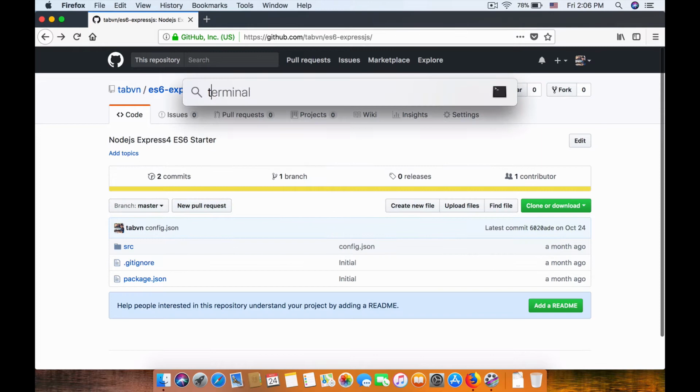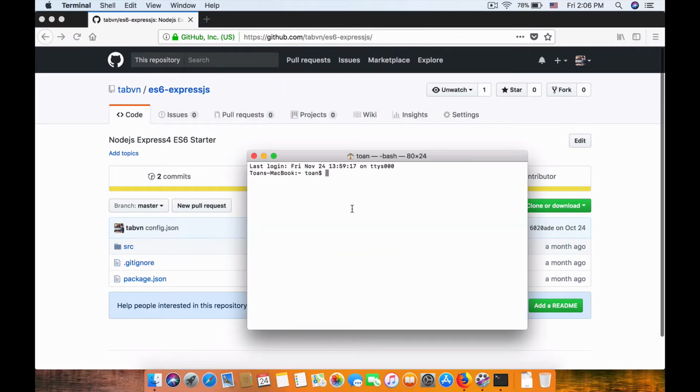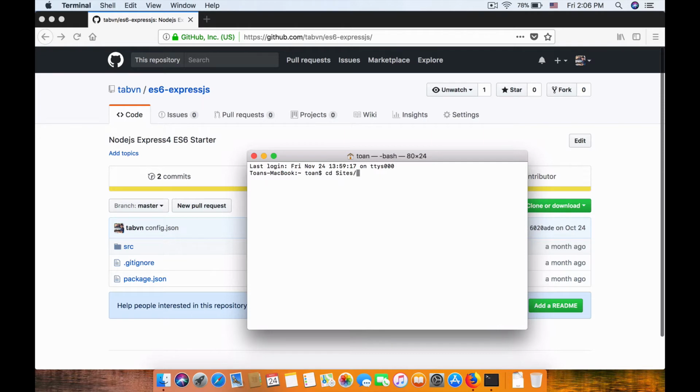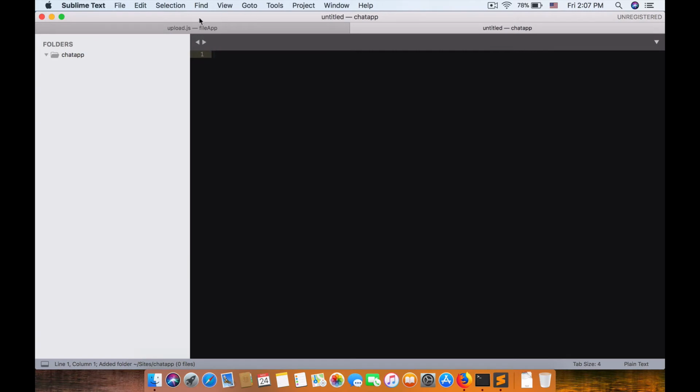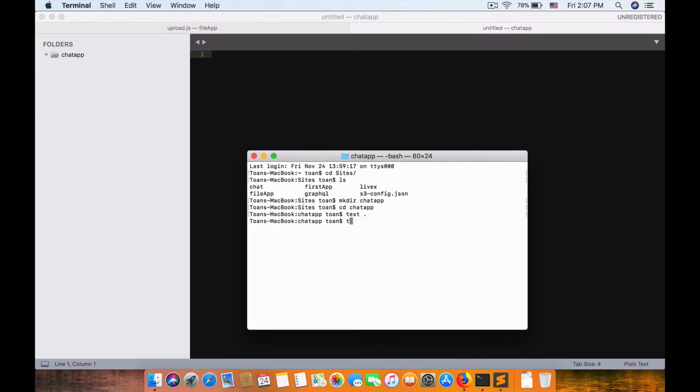So I'm going to open my terminal and cd into the folder. Alright, I'm going to create a new folder, just app. Okay, so cd just app. Now I'm going to open it. Okay, so we have chat app. I'm going to make a new folder. Alright, this will create index.js, and also we create package